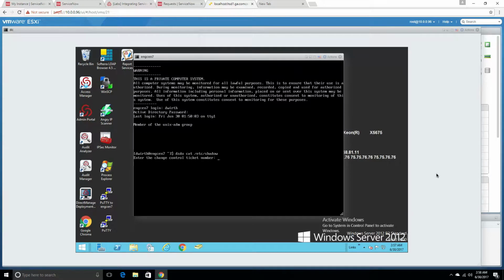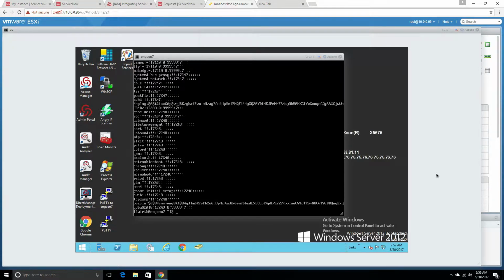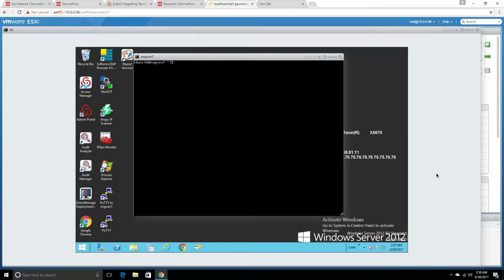So just like before, it's going to ask for a change control ticket number, and if we supply it with the last one we did, which was an approved ticket in ServiceNow, it's going to let us run the command, right? Just like before. So where this is going to be slightly different now